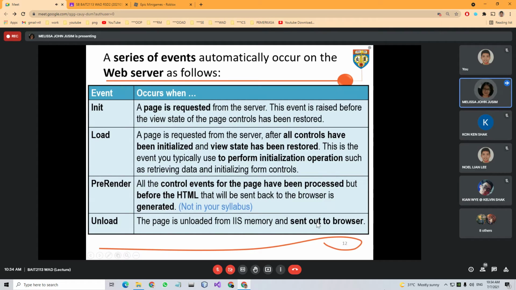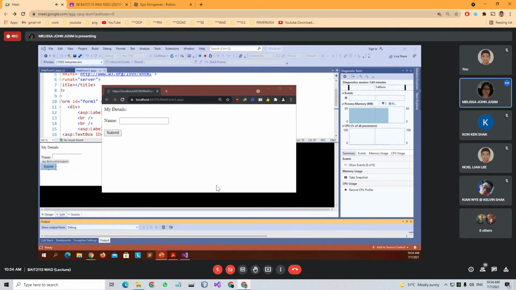So we will be able to see the output. This is my output. We are assuming that my IIS server returns the output to my browser. If I click submit, something happened.